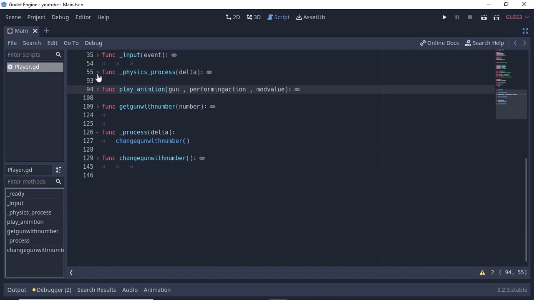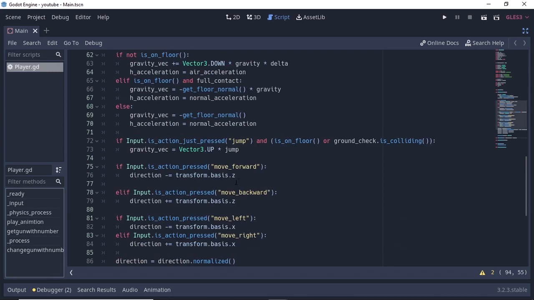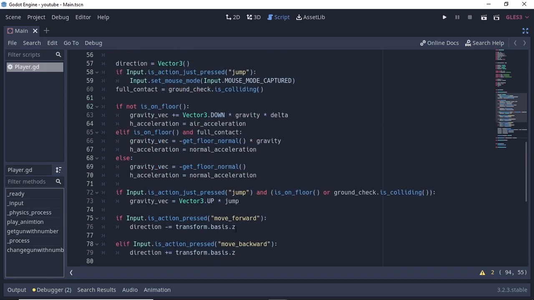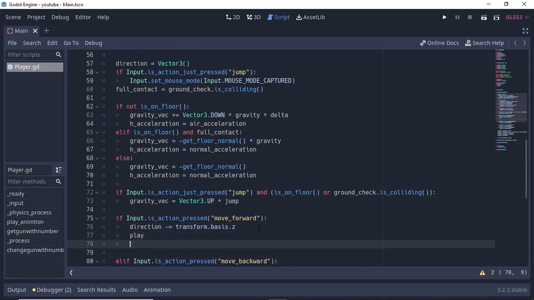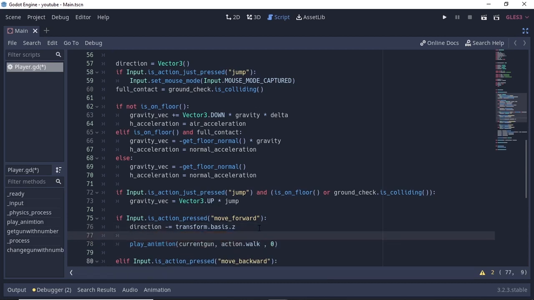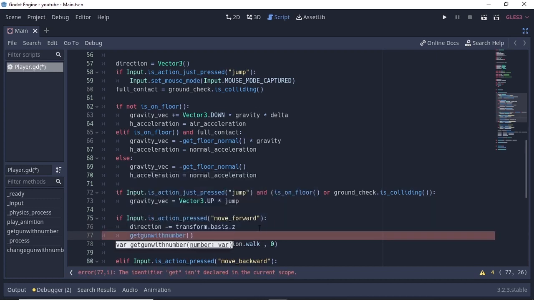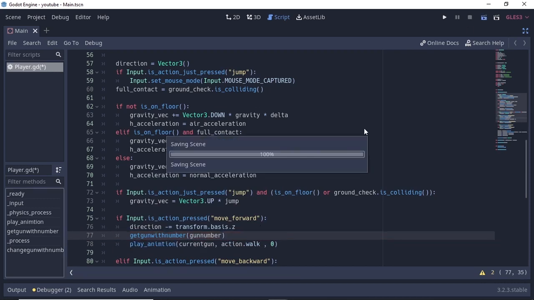Next we have created one more animation, and that's walk. To demonstrate that, I will go to this line where we say move forward action is pressed, and I will call the play animation function again. The first parameter is our current gun, and the second parameter will be our action dot walk. The third parameter will be 0 because we are not changing any weapon, and again here we will just call our get gun with number and the gun number. If we run the scene now,